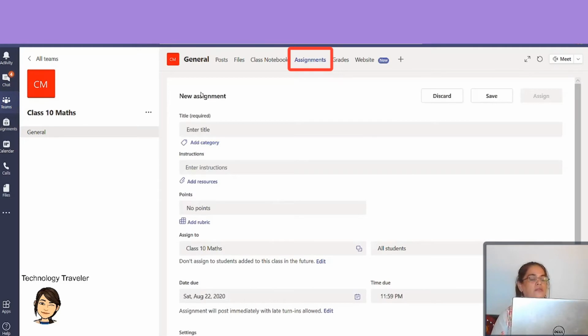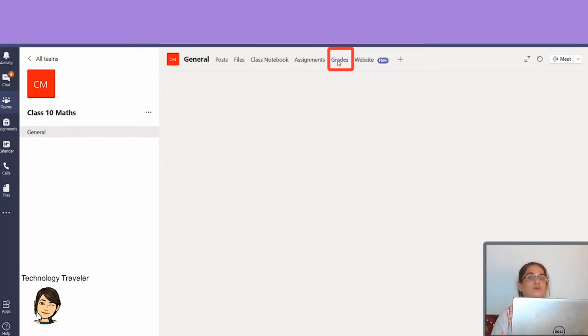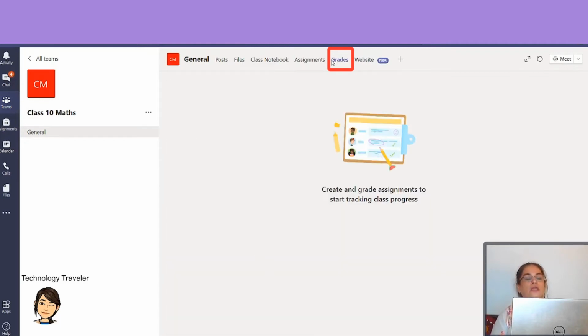You can make an assignment, add a category, add resources. You can differentiate your assignments, make them friendly to your learners, add rubrics, add the deadline date and time due, and then of course you've also got grades as and when the children will turn in. All the children who are added in, their grades can be entered here, and it just creates some sort of a mark book also in a very organized manner along with your feedback.